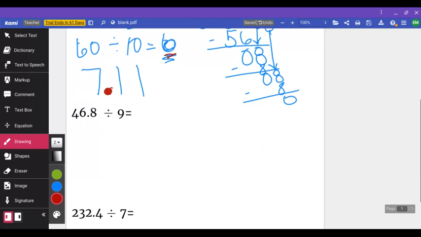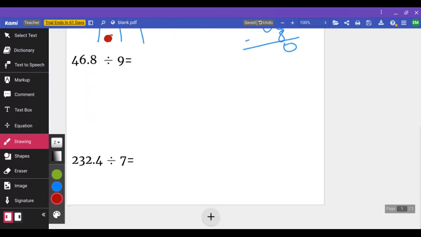All right, we're going to go down to this next one and try this next one. 46.8 divided by 9. So again, I'm going to estimate 46.8